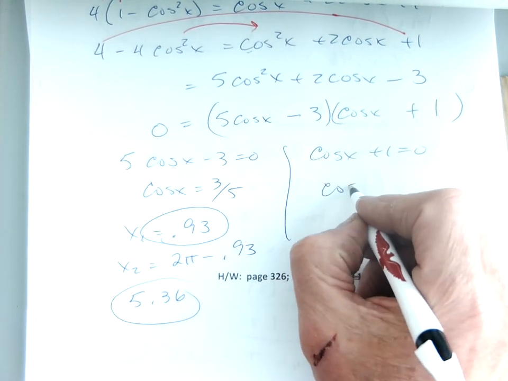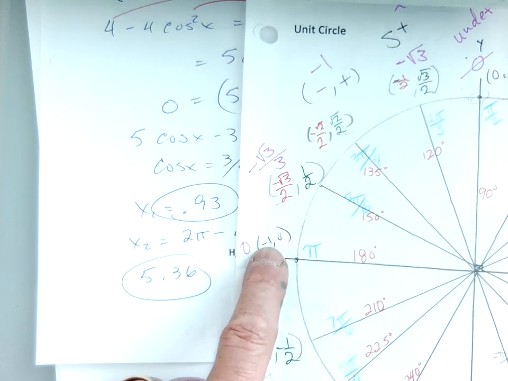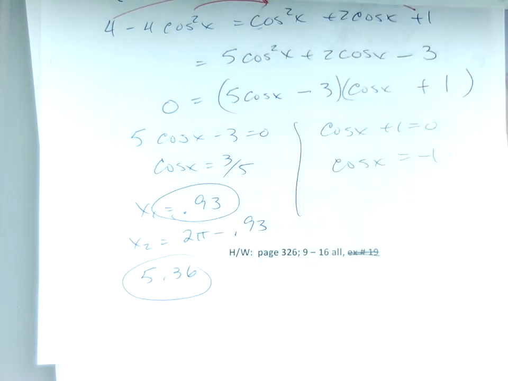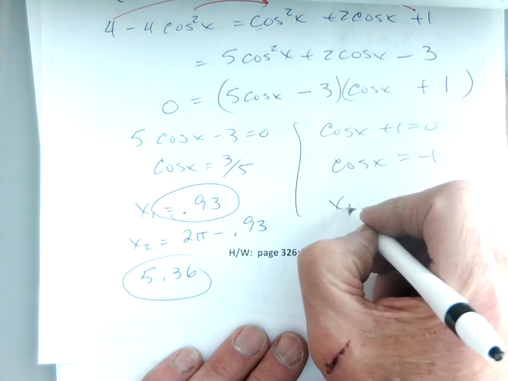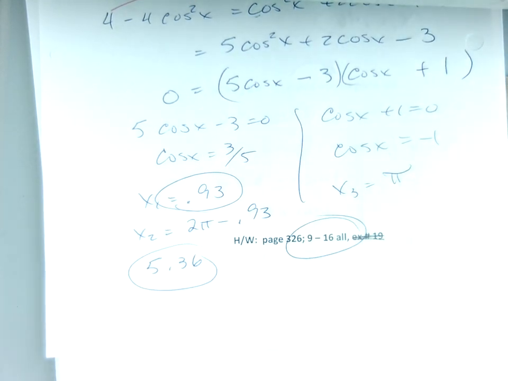Okay, and then this one's pretty easy. If I go cosine of x equals negative 1, that is on the unit circle. Negative 1 for cosine is there. It's the x value, which is pi. x3 is pi. How's that? Okay, and I'm going to